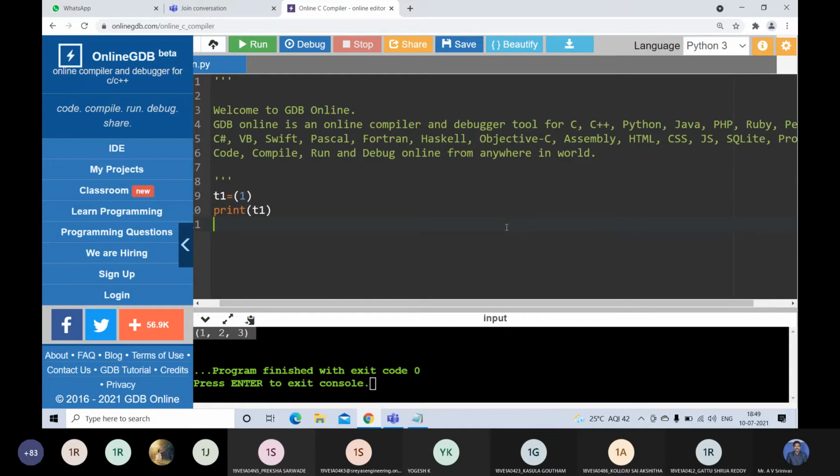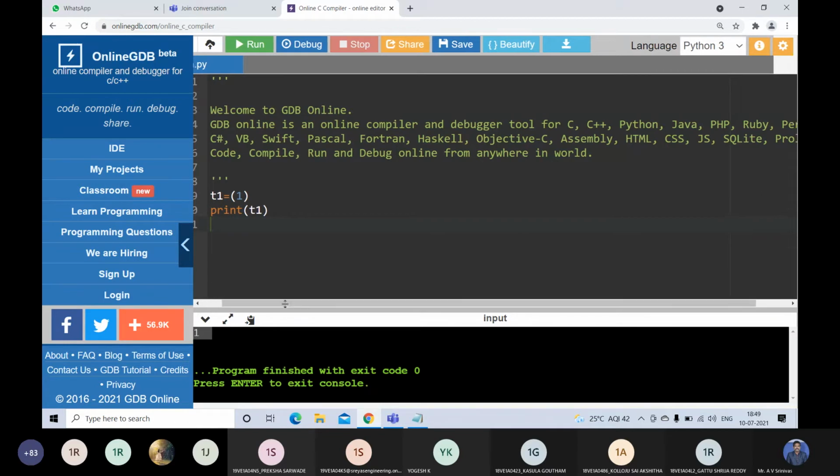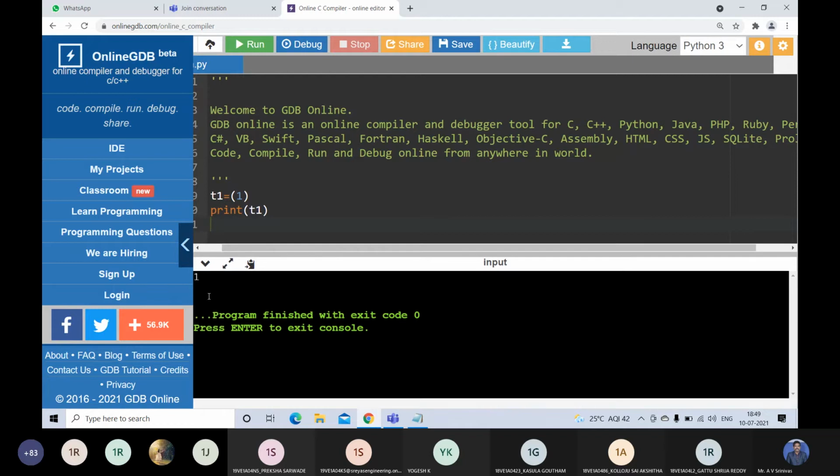If I print T1, this is not a tuple. See here, what is the output we are getting? 1. So here, no parentheses. In the output, there are no parentheses, which means that is not a tuple.